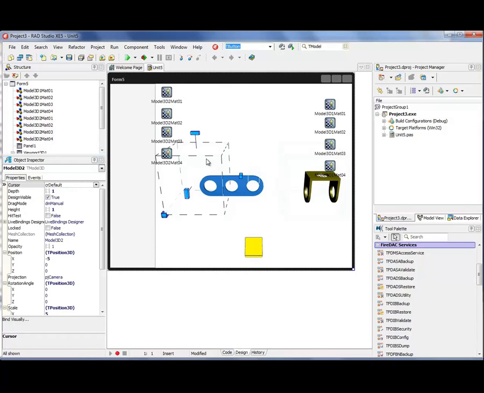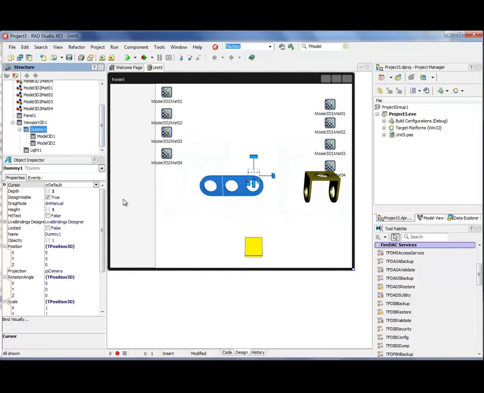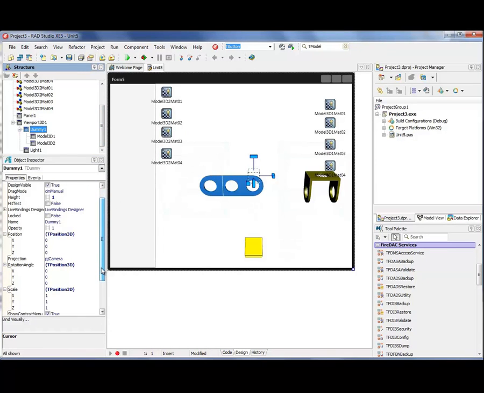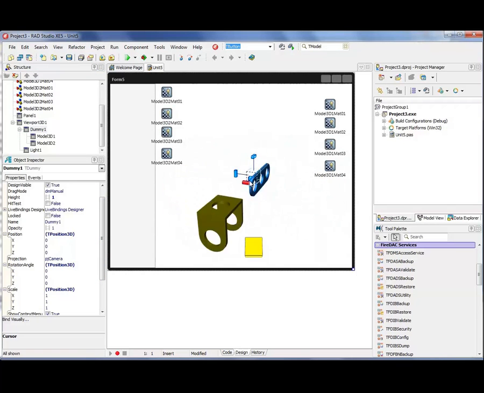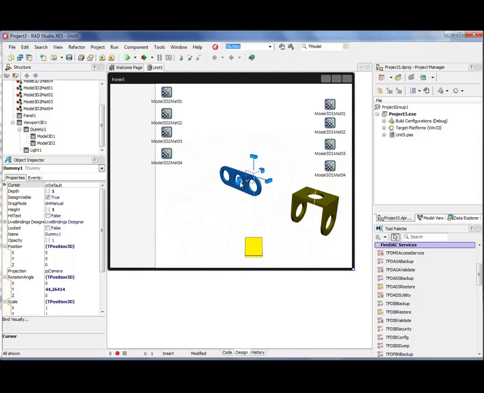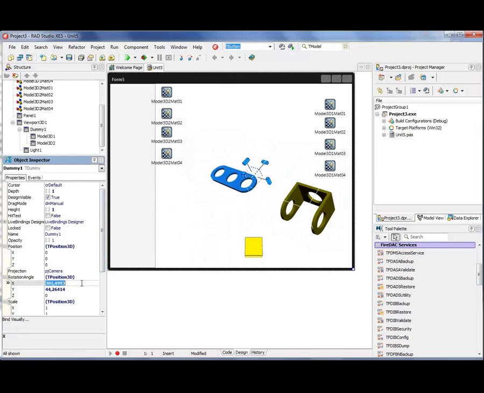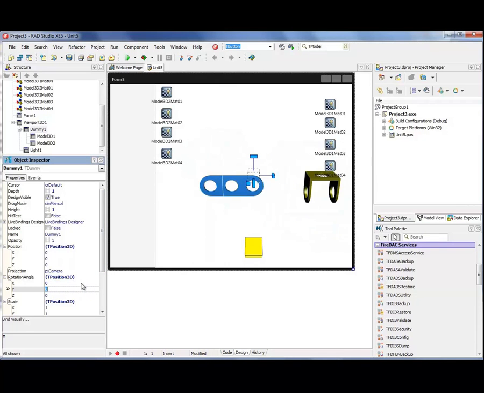And again we can use dummy to rotate all this scene, maybe interactively, or using object inspector. I prefer using object inspector because you can always come back to normal view.